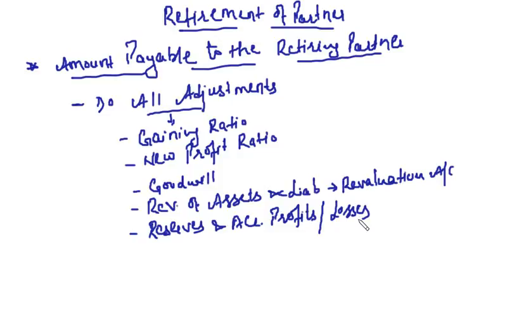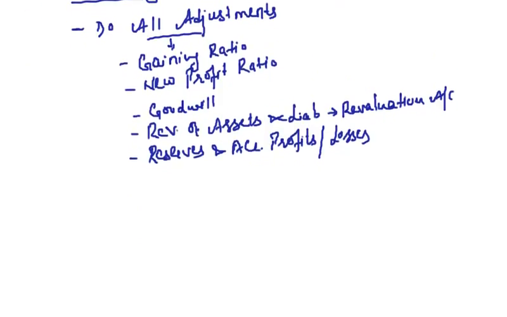You can see in the question, if you have been given information about the goodwill, calculate the share of the retiring partner in goodwill. If you are given the revaluation of assets and liabilities, prepare the revaluation account. If you have reserves and accumulated profits or losses in the balance sheet, then distribute those among old partners in old ratio. Clear, friends? After that, what you have to do is prepare